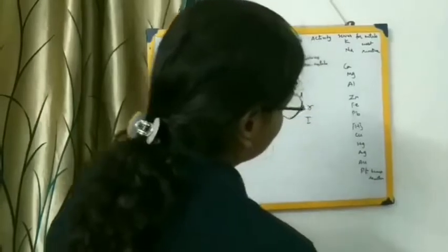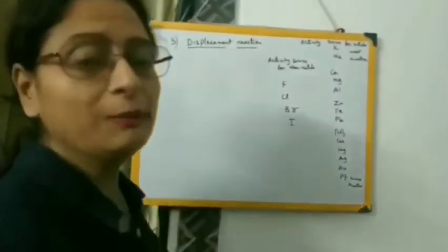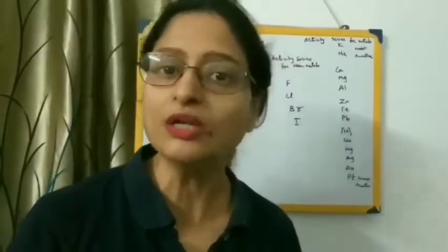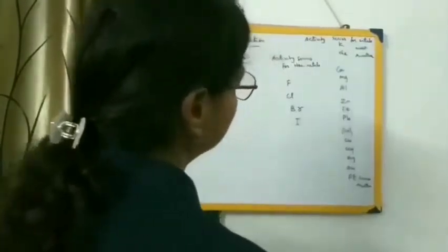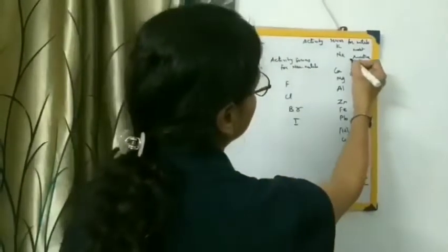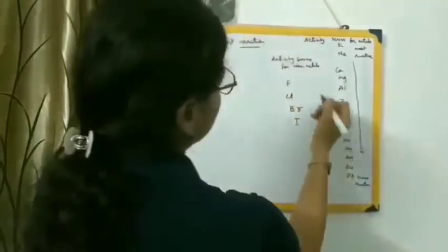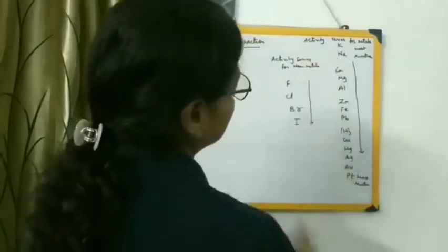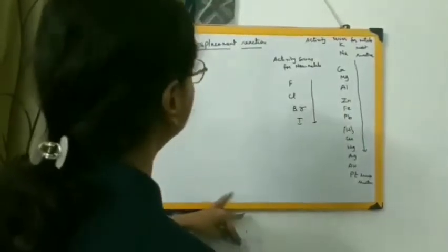at the bottom. That is why we know that gold and platinum do not react. Otherwise, whatever gold and platinum jewelry that we wear would have reacted with the atmosphere, but they do not react because they are not at all reactive. So the most reactive element is at the top, and the reactivity decreases down this way. The same thing happens with the non-metals also: most active at the top and least reactive at the bottom, decreasing down in this way.